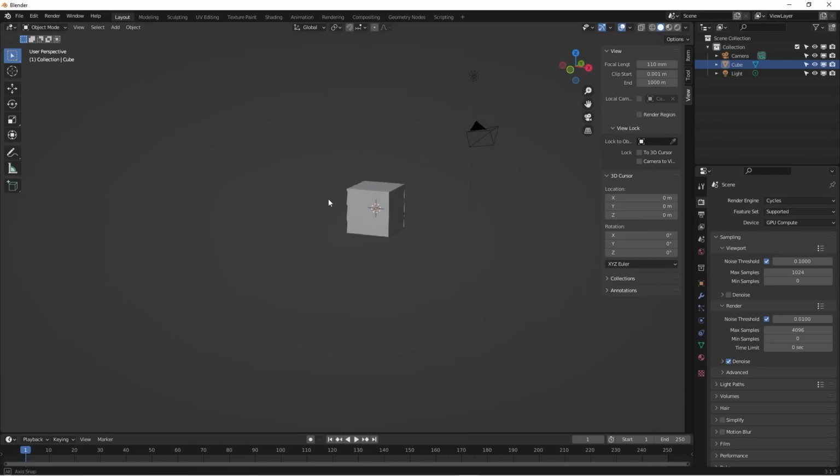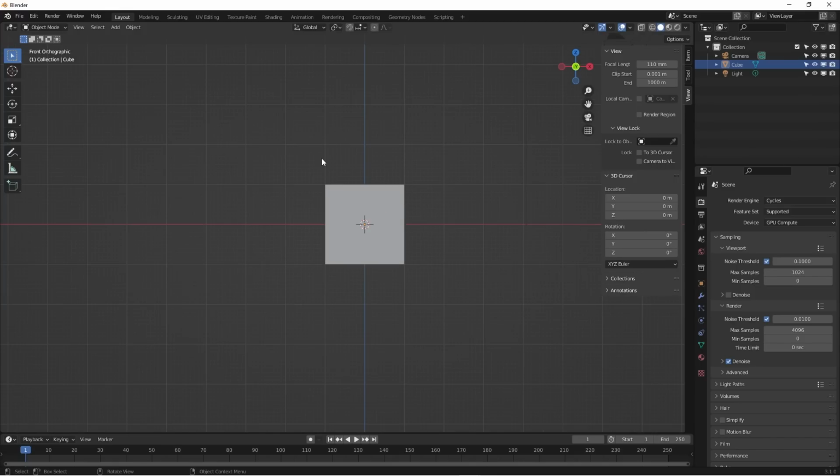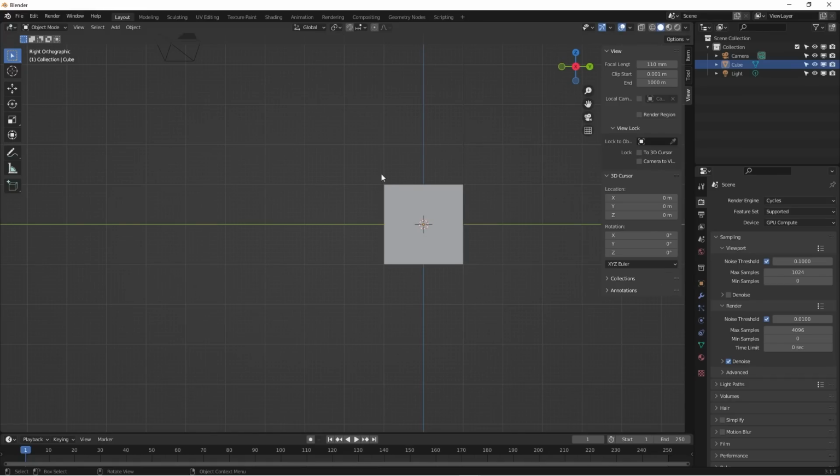Next thing, which is very important as well: you can use the number pad on the right-hand side of your keyboard. That's the reason I mentioned in previous videos that you need to get a full keyboard. The default setting for number 1 is the front view, number 3 is the right view, and number 7 is